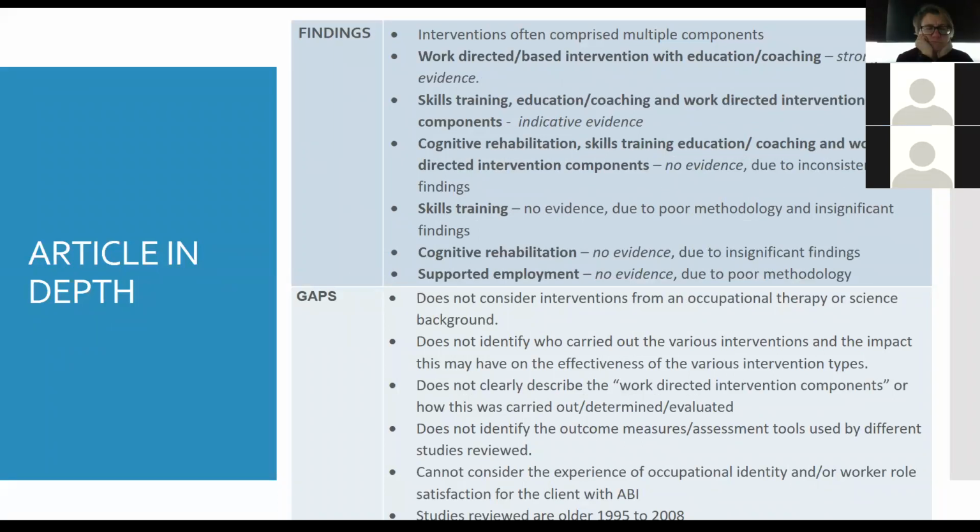So they basically came back as saying that the strongest evidence was for work-directed based intervention with education coaching. They said that all the interventions they looked at often comprised multiple components. So it wasn't as if there was one certain program or one certain intervention that looked at one thing. All of these seemed to have multiple elements, and when I looked at them, they also had quite ambiguous wording. So I read that and went, work-directed based intervention with education coaching, I don't